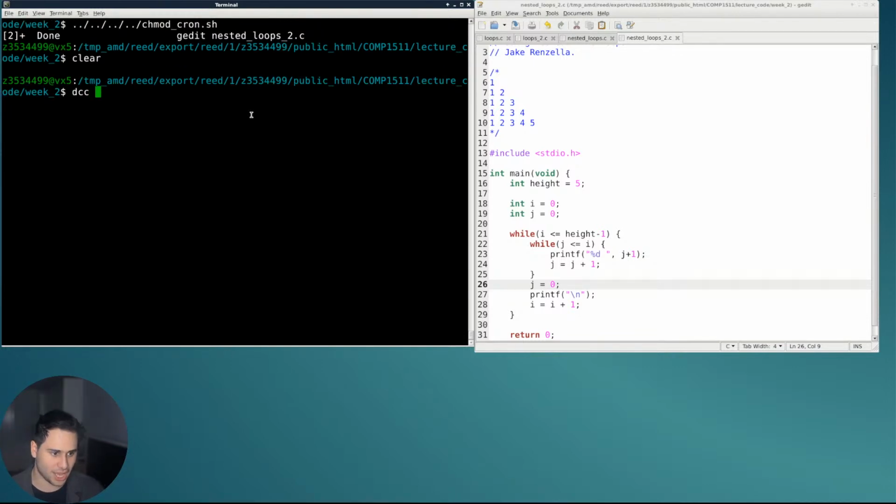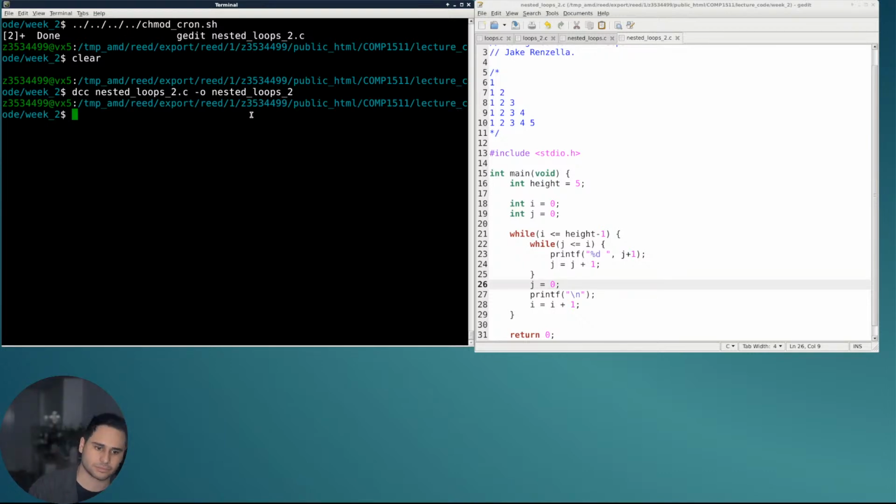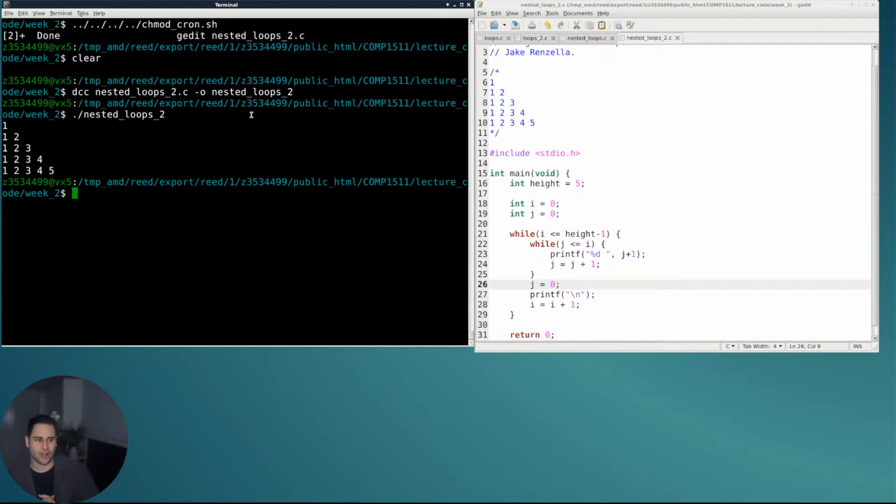Okay, dcc nested_loops_2.c -o nested_loops_2. Oh, look at that. No errors, but is it going to work? It might not. Oh, look at that. On the first try,